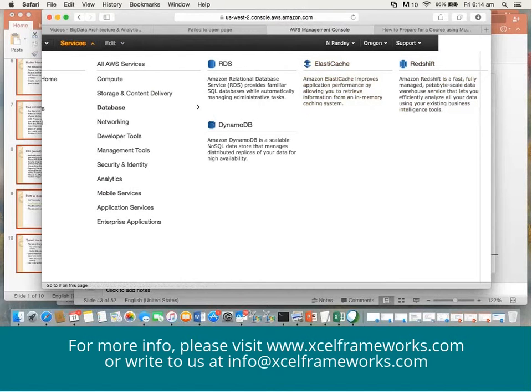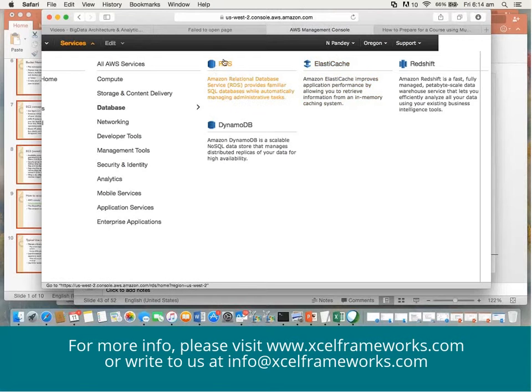Then you have ElastiCache. This is for caching. We all know that caching provides throughput, right? Because instead of hitting the database every time, why can't you have an in-memory cache, so that once you hit it for the first time, data comes and gets stored in the cache, and from the next time onwards it is the cache from where you will get the data, right? So retrieval is fast, right? Now caches are of various types. This is an in-memory cache.